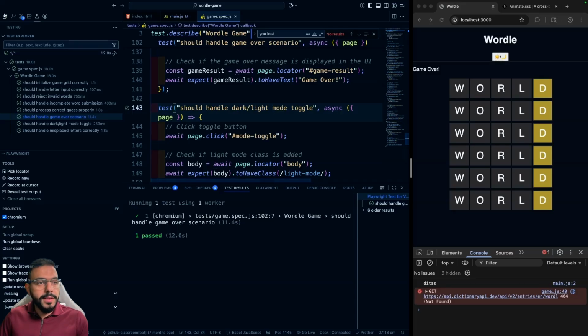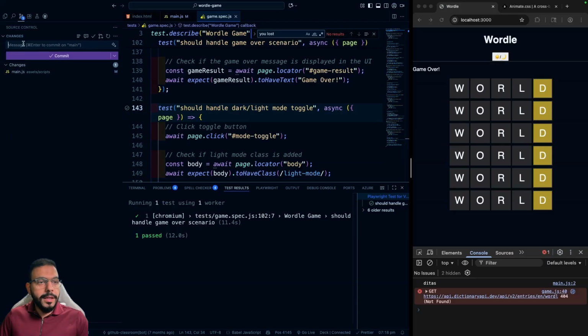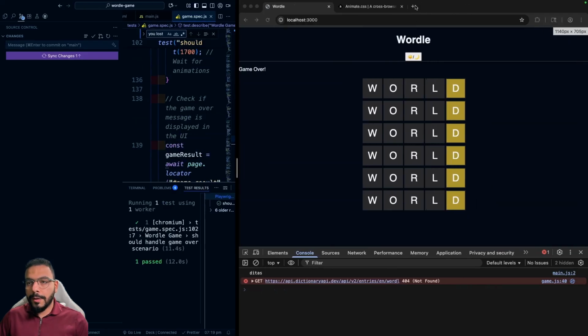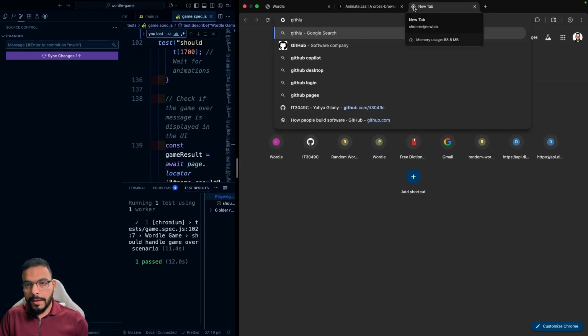So I'll save this, go back to my source control, and we'll add the commit message of fixed all tests. I'll commit it. I'm not gonna push it just yet. I'll switch over to my browser and I'll go to my repository right over here. So here's GitHub,